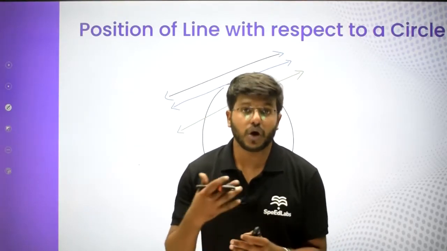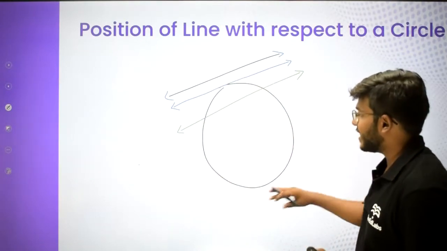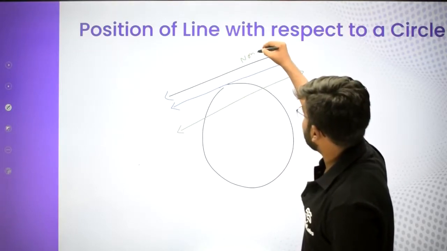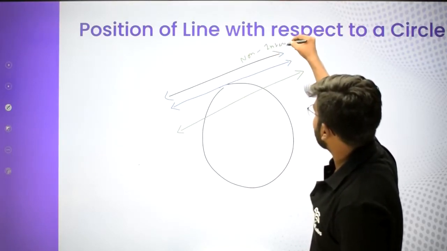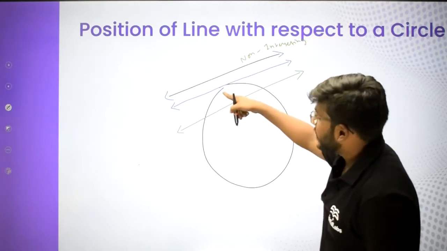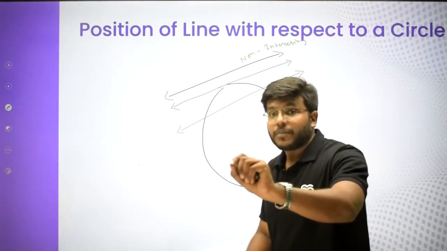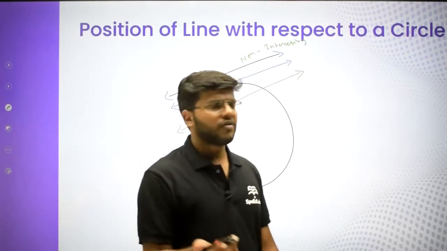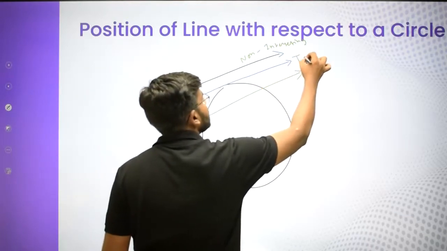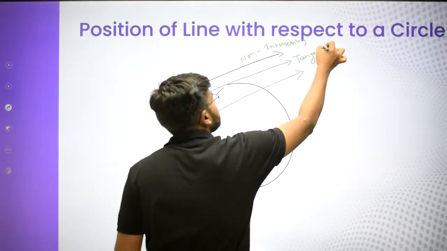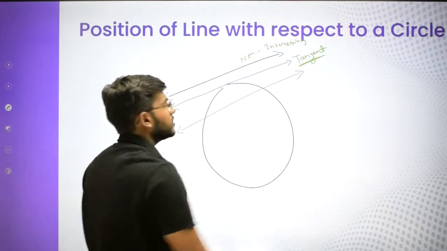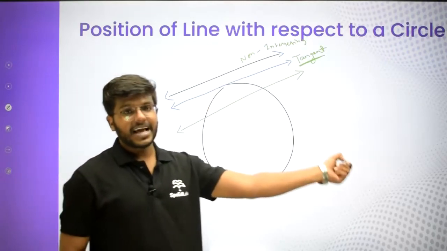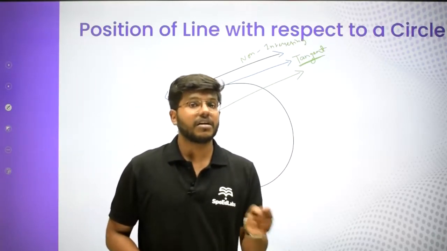If we want to draw a straight line in this plane, and we already have a circle, either it will be non-intersecting, or it will be touching, right? Touching at only one point. So what do we call these kinds of lines which touch a given curve at only one point? You have already done this, guys. It is called a tangent, right? In your 10th standard, you have already learned about this particular thing, that is tangent. So a tangent is a line which touches the circle at a single point.